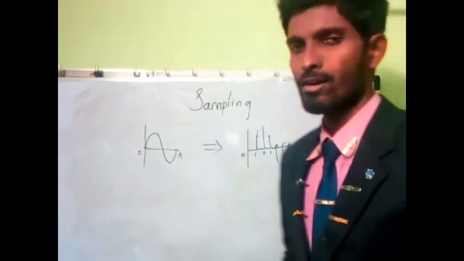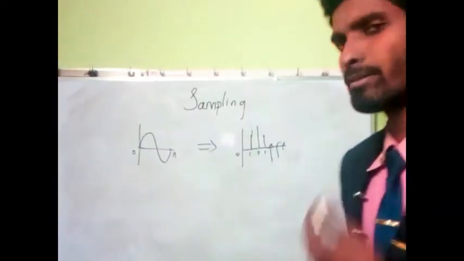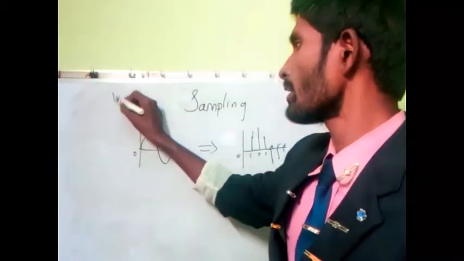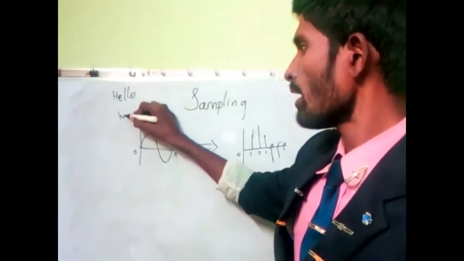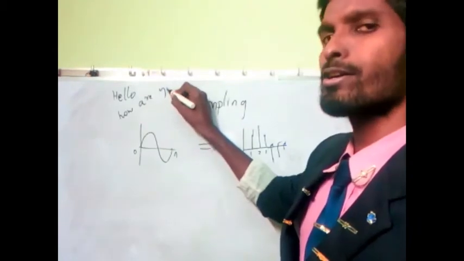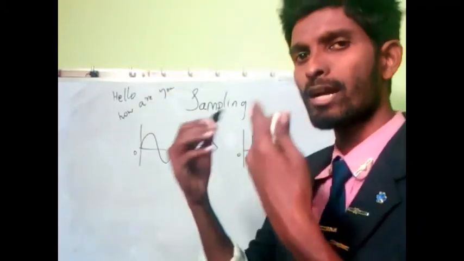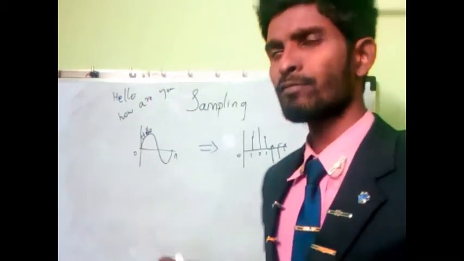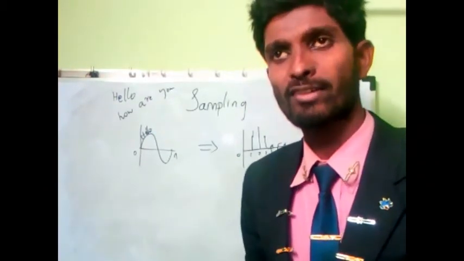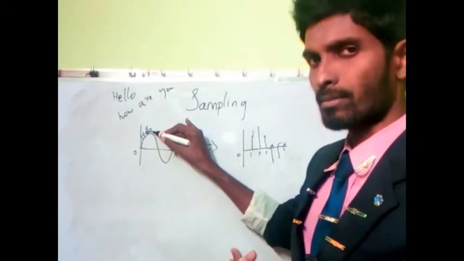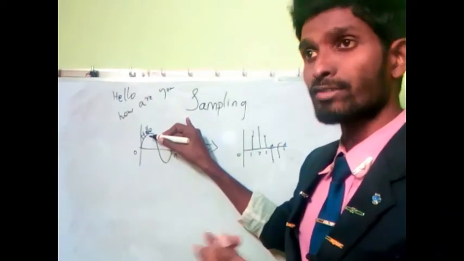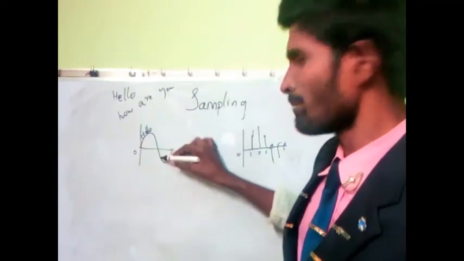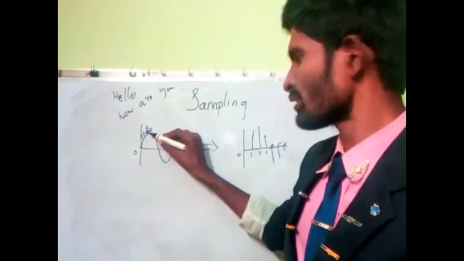Now listen here, I have a small example for you. I'm talking: hello, how are you? This hello, how are you will be transferred in the form of a wave. If I say hello at a higher volume, it may go up to this level. If I say it at an even higher volume, it may go very high. For the medium case I just take this one, it's approximate.